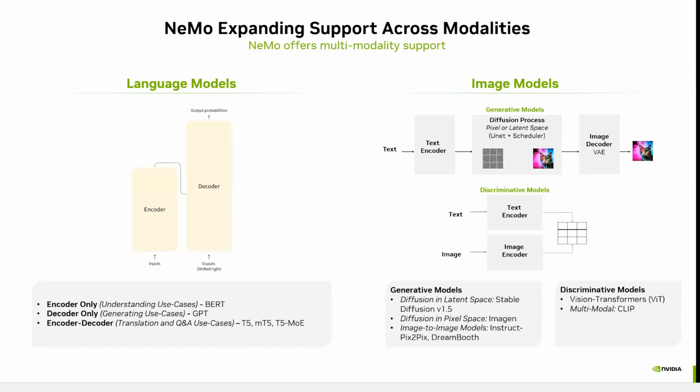So when I say being part of the NEMO framework, what is the advantage? You will say these architectures are available in other places also. What is the big deal here? Let's say you want to fine tune the GPT model, and you want to fine tune it in an efficient manner. You need a framework so that as a data scientist, you don't have to bother about model parallelism,